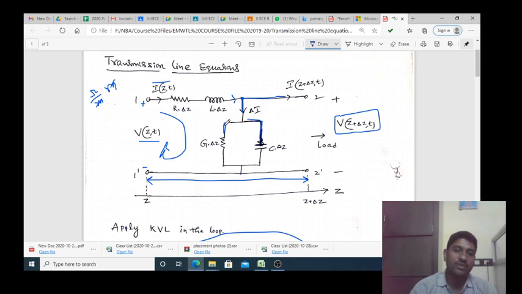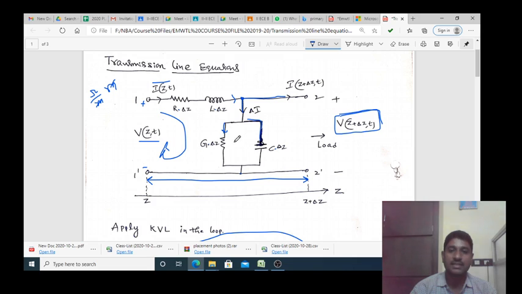Now, how can we measure the current flowing through the conductance? Voltage into conductance, or voltage by resistance. What is the voltage across this resistor? The same voltage, because it is parallel to these two terminals. In parallel, voltage is equal. That's why the voltage across this resistor is V of z plus del z comma t